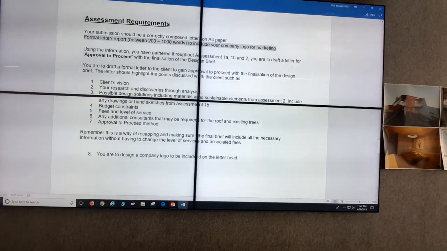Exactly, because we are going to do the final letter, which is the final project or final assessment, and that will be your design brief as assessment 4. So the draft letter is approval to proceed with the finalization of the design brief, which is design brief is seen as assessment 4. Does that make sense? Yeah. Okay. So approval to proceed, what does that mean, approval to proceed? Okay, approval to